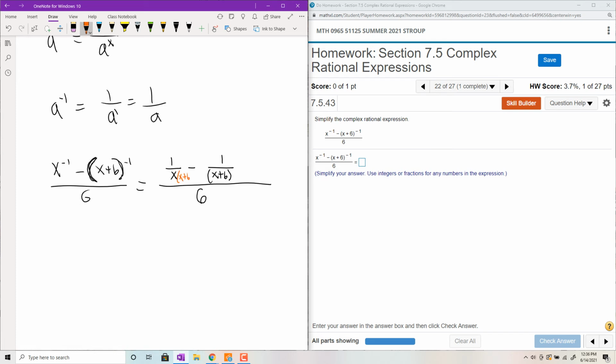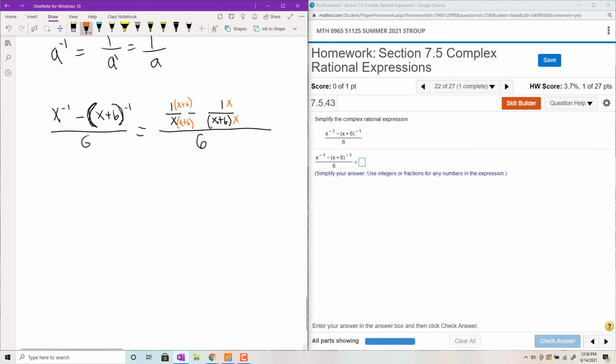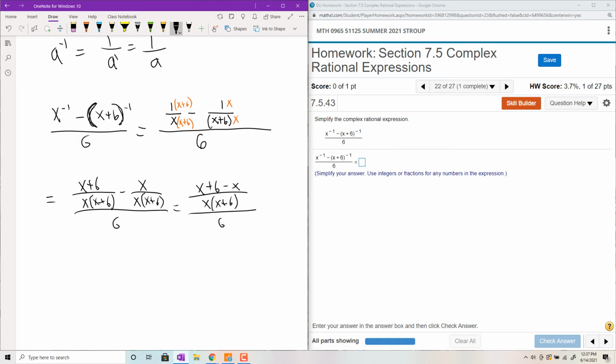Now I'm finding my common denominator. This one's missing an x plus 6 on the top and bottom. This one's missing an x on the top and bottom. I'm going to use the first method to simplify this. Anyways, you'll have x plus 6 over x times x plus 6, minus x all over x times x plus 6, all over 6. So this will equal x plus 6 minus x all over x times x plus 6, all over 6. And the x's will cancel, and you get 6 all over x times x plus 6